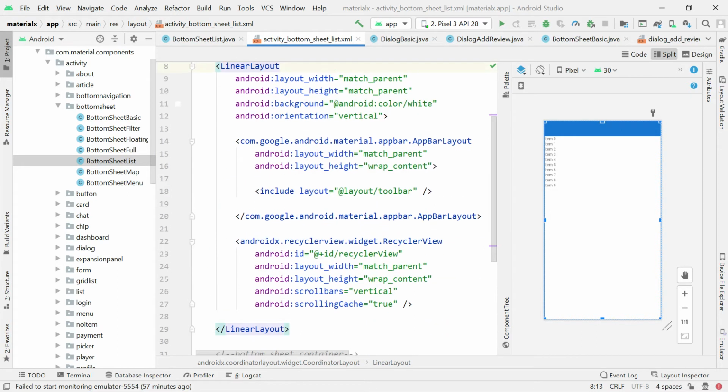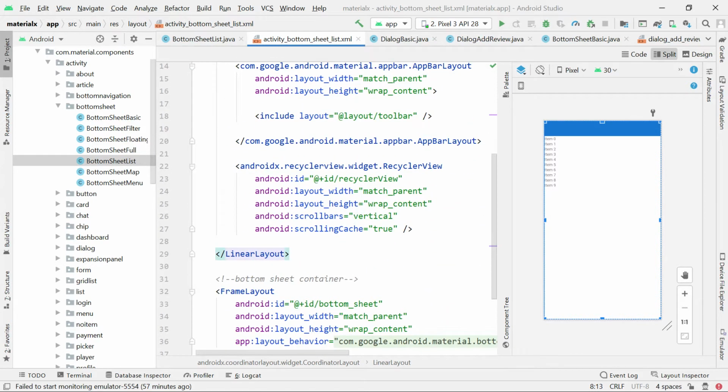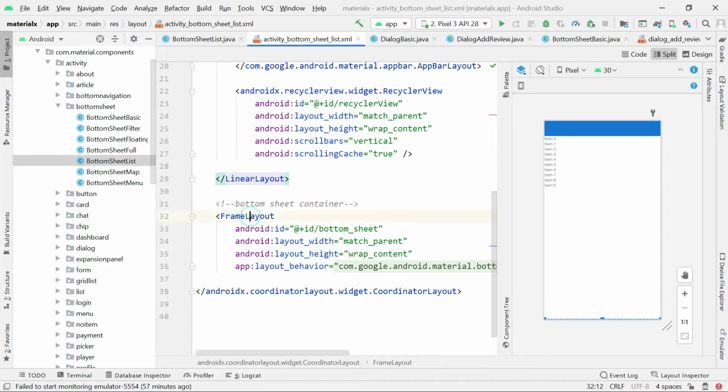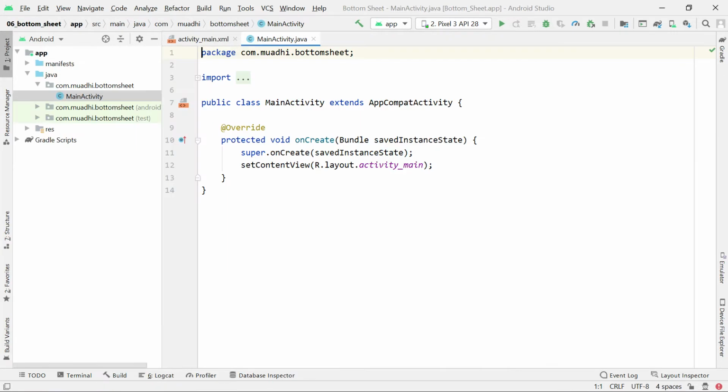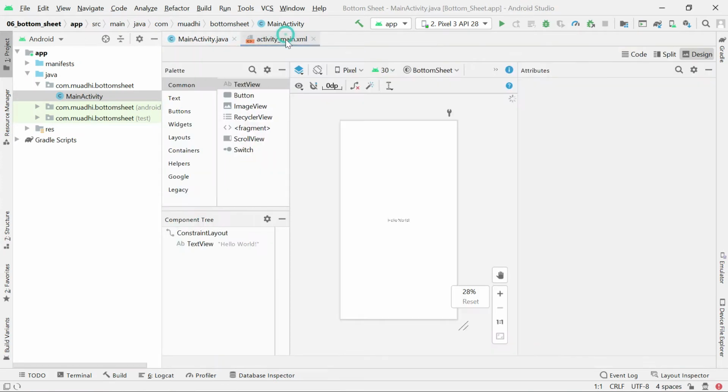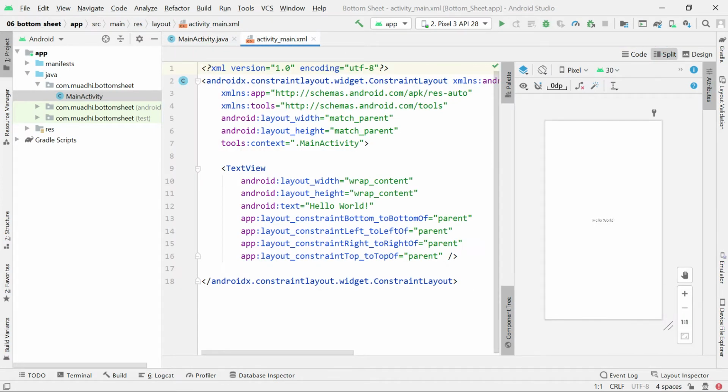It must either be under a coordinator layout or a constraint layout, not under a linear layout. If your parent is a linear layout, it won't work. So I'm going to create here, I think ours is a constraint layout. The default one is the constraint layout, so it can work.